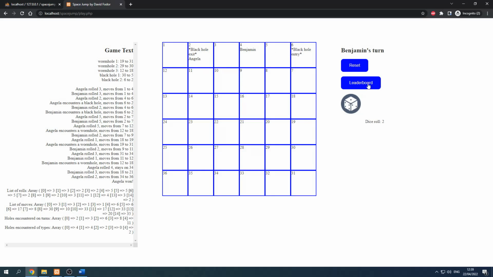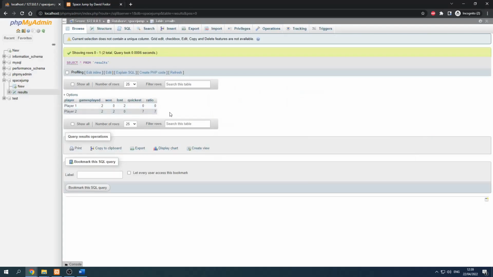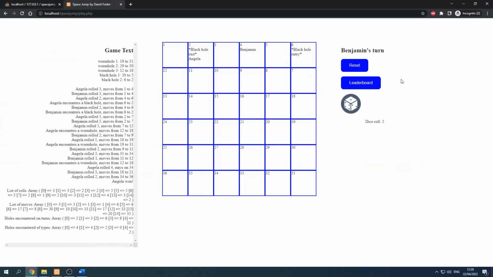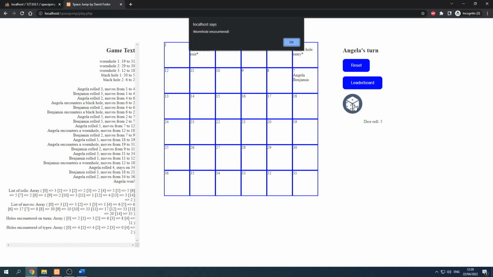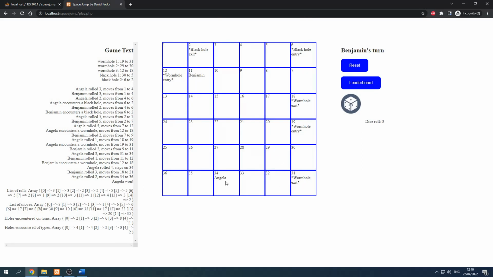So here's the leaderboard button. You can bring this up. Here's a database that is linked to it. You can see that these are the same values, and if you play further along, you can now see Angela is on 34, and she is going to stay there on the